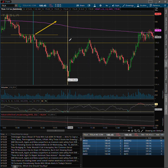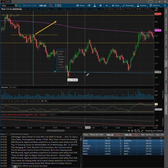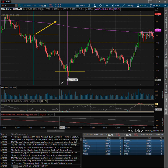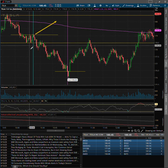So next time what I need to do is make sure that when my thesis is incorrect, I need to immediately make the necessary changes in order to preserve my trade. So I saw that it was dipping here, and I took a chance on here because